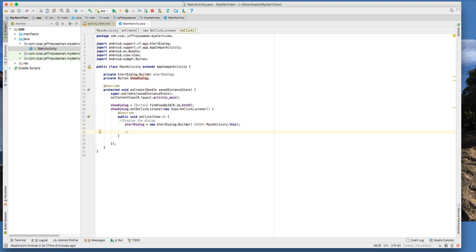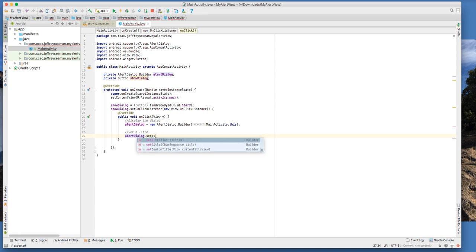And now we need to... I don't know why this is all weird. My indentation of everything is so jacked up here. So let's see if this fixes it. All right, it does. So now we need to set a title. How we do that is use alertDialog equals, I got that wrong, alertDialog.setTitle,